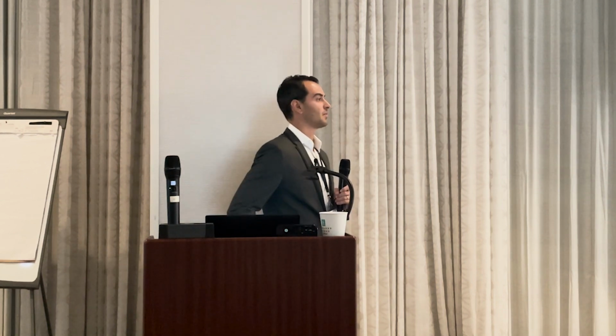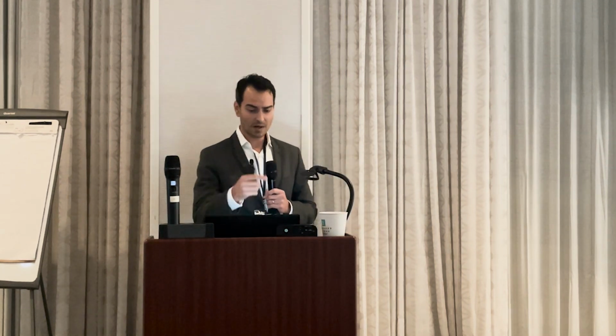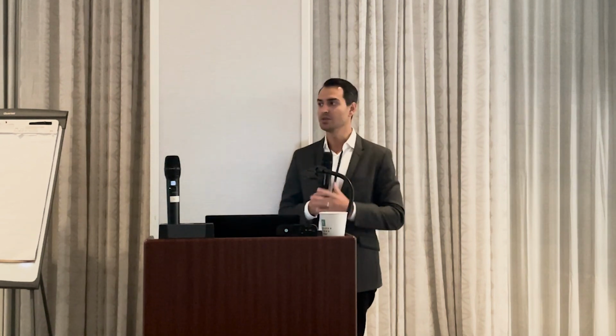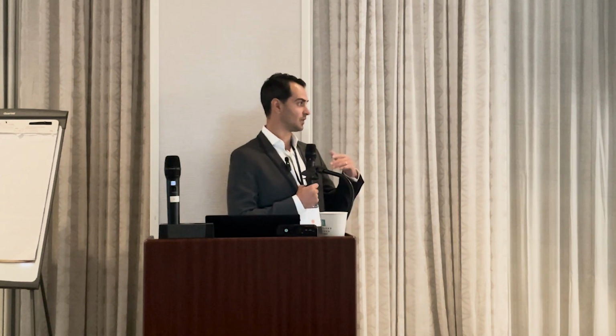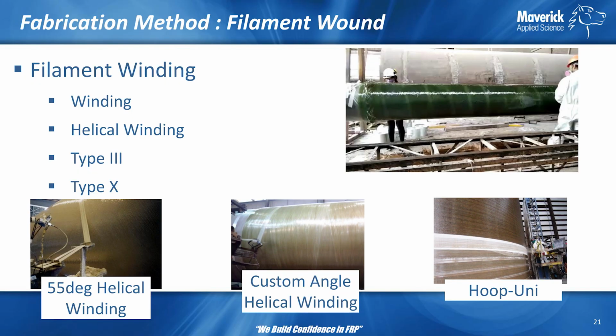We have different types of filament winding, as you can see, depending on the orientation of that strand of fiber. So 55-degree helical winding is mostly used for manufacturing of piping because the 55-degree will give you 2-to-1 properties against axial and hoop. You can also have a custom angle on your fabrication of filament winding, which will alter the axial to hoop properties on that application,